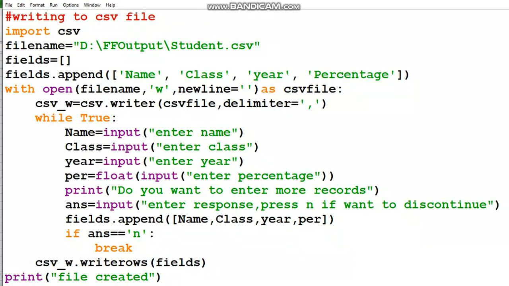So this is the way, a few functionalities, a few workouts we have seen in CSV files. You can try out some more workouts in CSV files. You can explore something new in CSV files. It is very interesting to work with CSV files. Then we have TSV files also, tab separated values. But according to the limitation of this tutorial, I have to deal only with CSV files, so I am dealing only with CSV files.